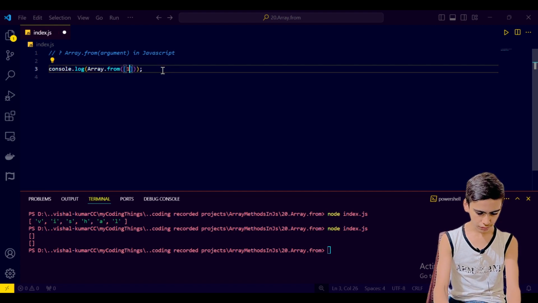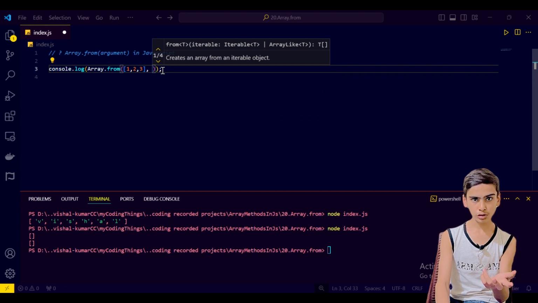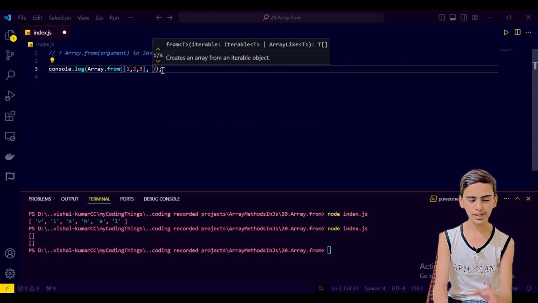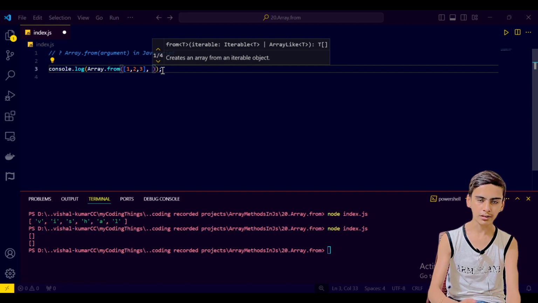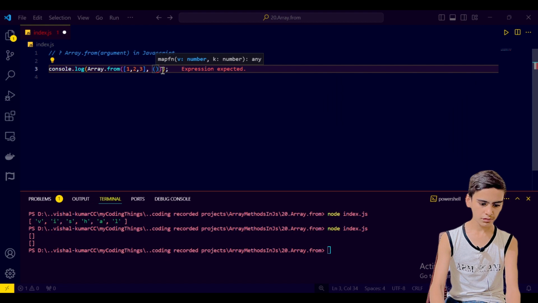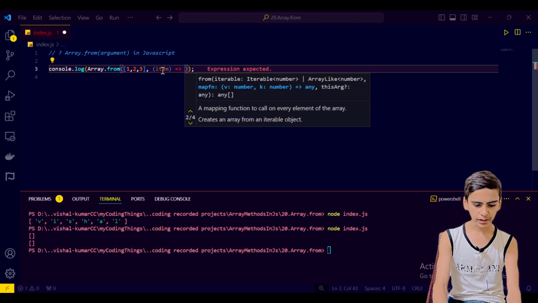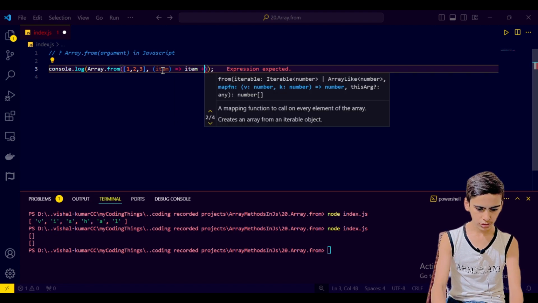Like if I just do 1, 2, 3 and put it here, there's also the option of putting another argument, a second argument, which is a callback function. So if I just do here, we get one item, the argument item, and we can just do item plus 1.